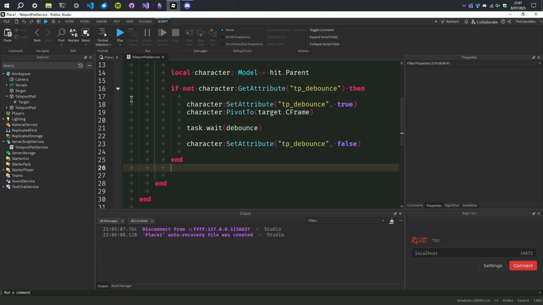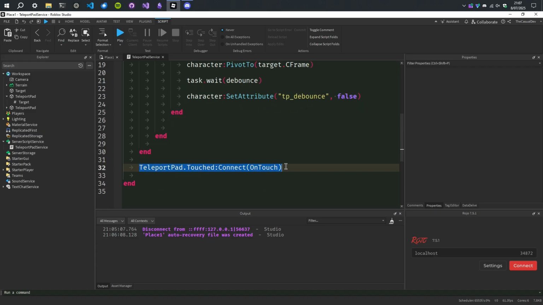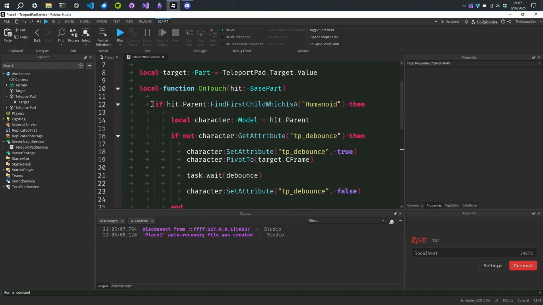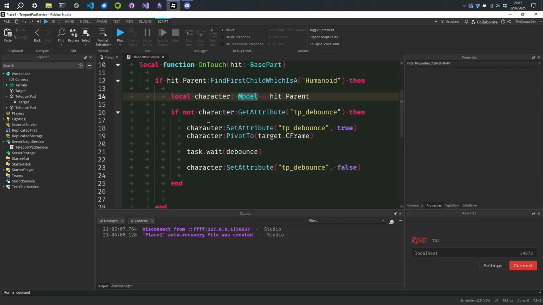So when the player touches the part, it will first make sure that it is a player, or a character. If it is a character, it will make it a variable, and then it will check for a debounce, and if there is no debounce enabled, it'll teleport the character. And if we just play this now,